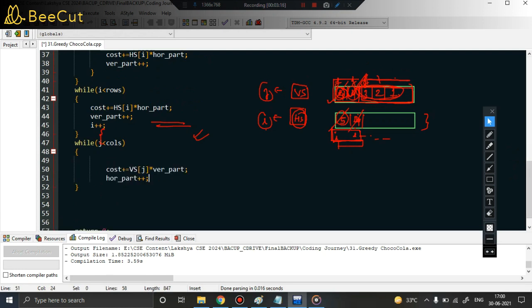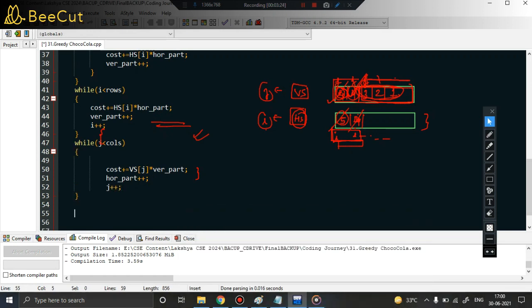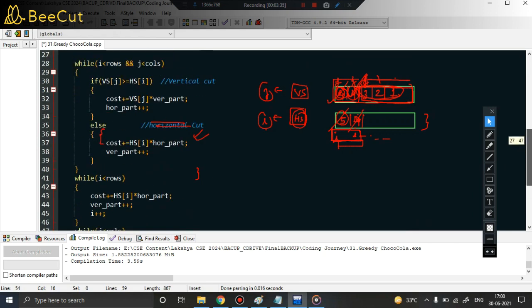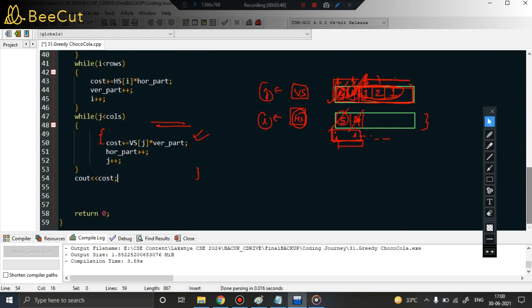And I hope you are by now familiar with what is actually happening here. Done. So that's it, and again you should increment the j pointer here, j plus plus. Done. And finally, what should we return? We should return the output, that is nothing but cost, because the entire cost is being computed in that variable. Okay, fine. So let us see whether this problem works, because we have covered everything in detail and the code is complete. So let me compile and run the code.